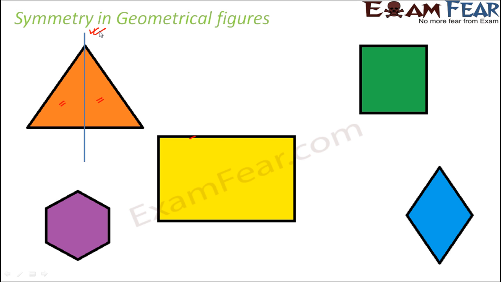Let's try to look at some other lines also, and let's see if they are lines of symmetry or not. Do you think this line is a line of symmetry? No, not really, because when you look at this line, the red one, the triangle gets divided into two halves. One half is like this and the other half is like this. Do you think that this half and this half are identical? They are no way identical. So therefore, this is not a line of symmetry.